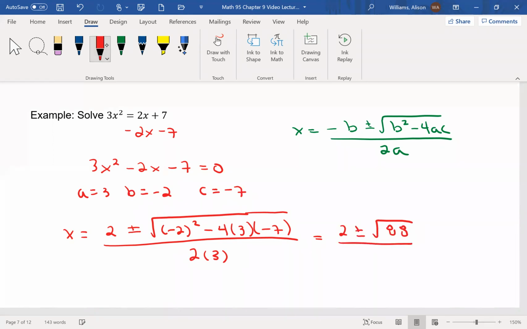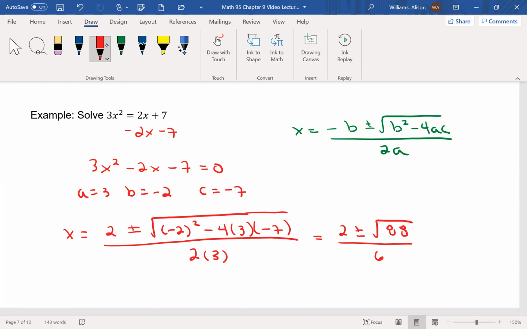And over 6. So I'm figuring out 4 times 3, which is 12, times negative 7 is positive 84 because of the two negatives. And then that negative 2 will square to be positive 4. Those two will add up to 88. Okay, but 88 actually can be